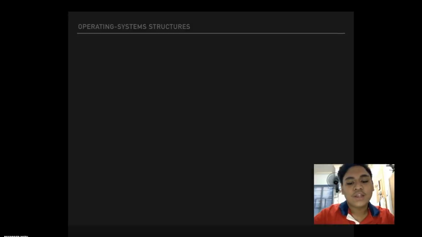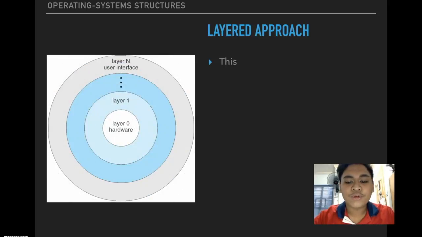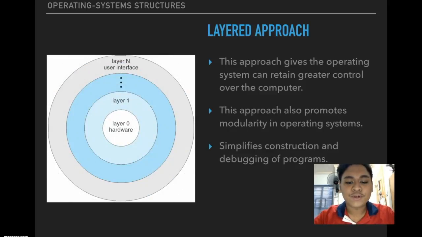The second structure is called the layer approach. This type of structure or approach gives the operating system more control over the computer. This approach or structure promotes modularity and object-oriented programming strategies in order to simplify the design, construction, and debugging of programs. The innermost layer of this approach is called layer 0 and is usually composed of the hardware of the computing device. And it is